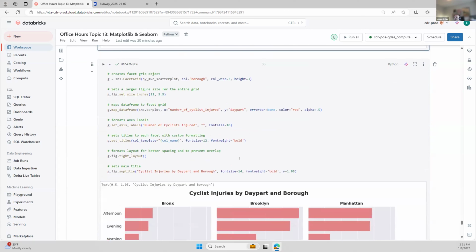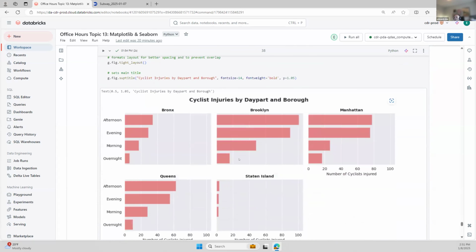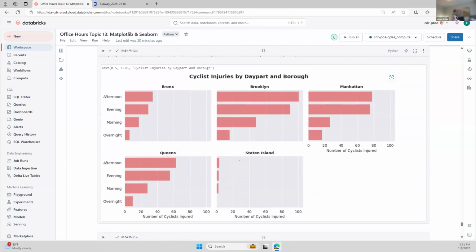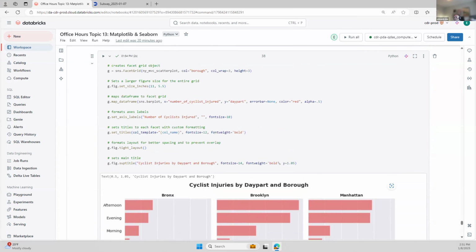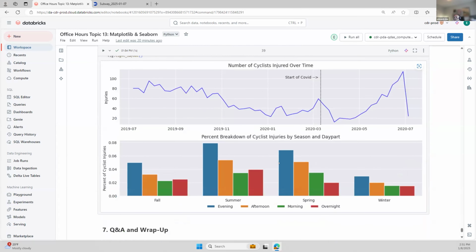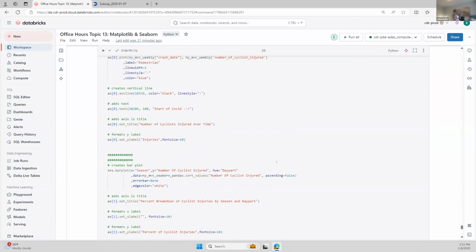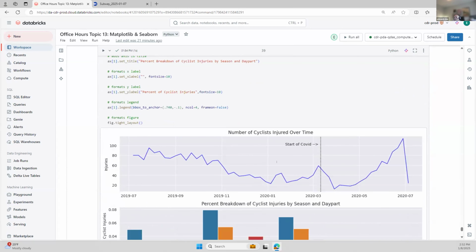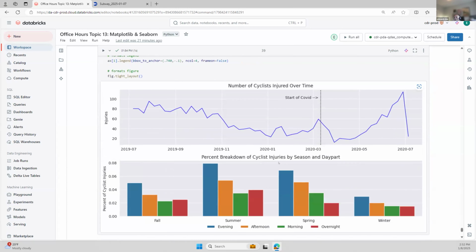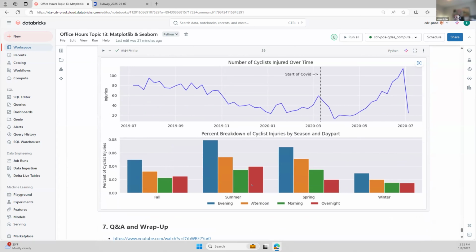Finally, you have this facet grid. It does a really good job of giving you that dashboard look without actually having to do all those Matplotlib snippets of code. And then finally, we have subplots again, but we're combining Matplotlib and Seaborn graphs. And we get this kind of dashboard where you have your line graph and we see that interaction between day